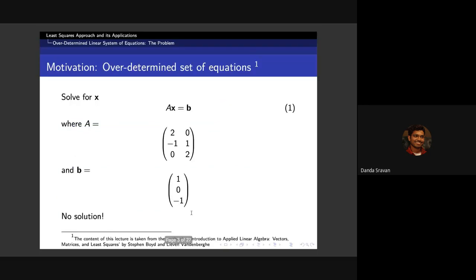So here we go. So first, what is an overdetermined set of equations? So suppose I have three equations in two variables. So we all know that this is nothing but three straight lines in the xy plane. So more often than not, what you see is that these three lines are not concurrent. In other words, you don't have a solution to such a system. So in general, if I have more equations than the number of variables, then I cannot solve the linear system of equations. So what else can we do? So can we figure out an approximation?